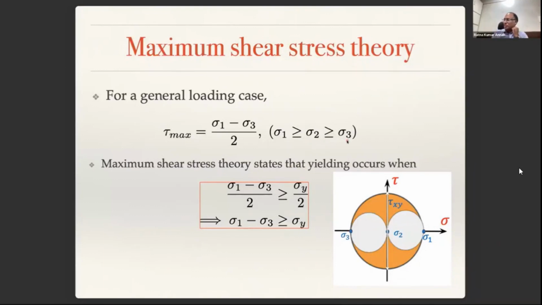That is our usual convention. So when sigma 1 is greater than sigma 2 is greater than sigma 3, you identify these points, then draw circles between sigma 1 and sigma 2, sigma 2 and sigma 3, and sigma 1 and sigma 3. The area outside these two small circles and inside this large circle is the area in which you will have valid